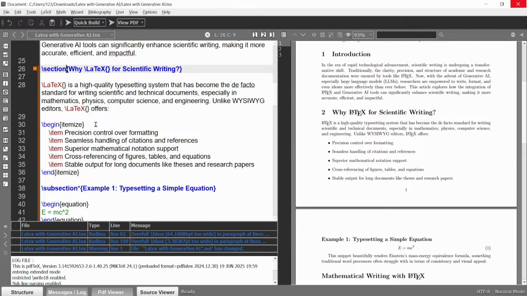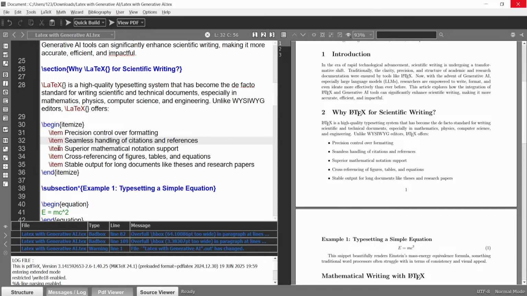You can insert the bullets inside your document by using begin itemize and end itemize. This is the first item. You can see on the right hand side, precision control over formatting. This is the second item, seamless handling of citation and references.